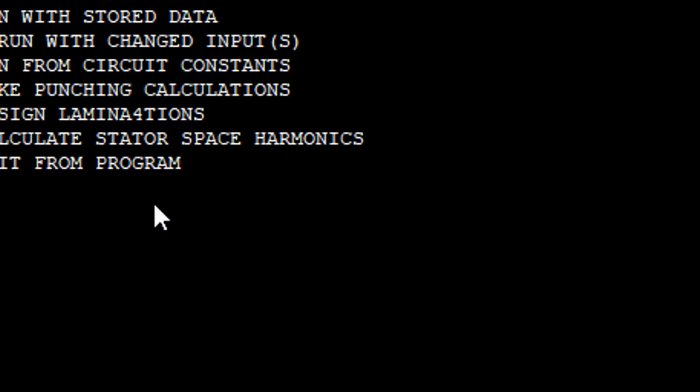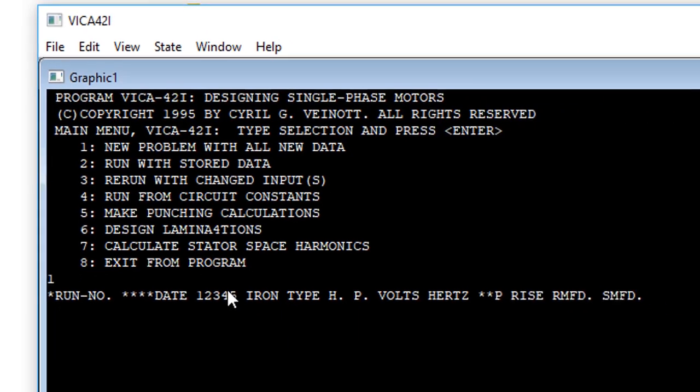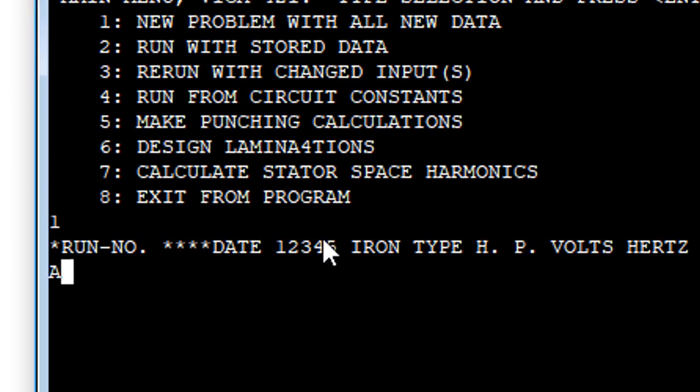If I double click on the program, do a new problem, and I'm not sure what the design data was here, so I'm just going to put in anything. After the first three, which have to be a fixed format, 8 for the run number space, 8 for